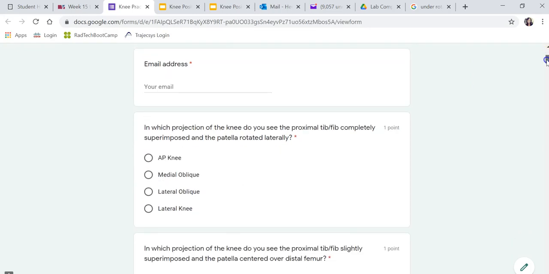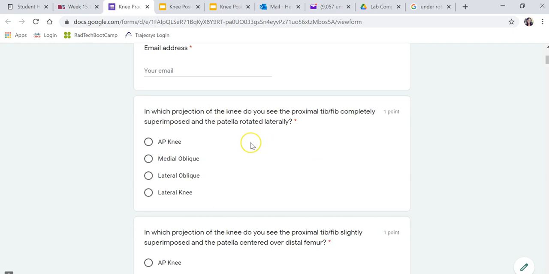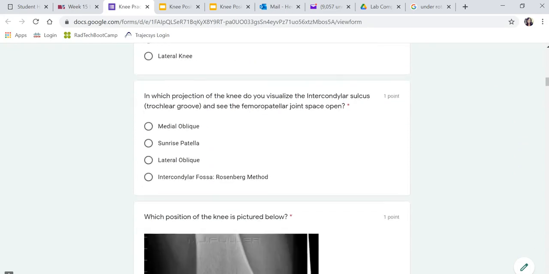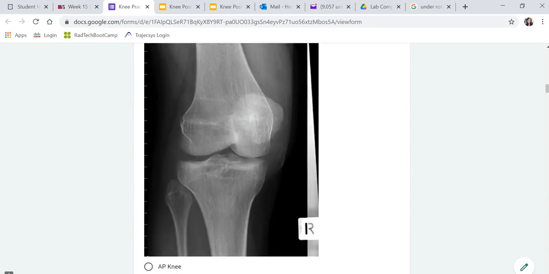So I asked you a number of positioning questions, and if we just look at the first question here, it's very important that you are able to identify knee projections based on their written descriptions, because that's how it's going to be on the test. So I give you a written description and ask you to identify the projection. So I ask you a number of those questions,